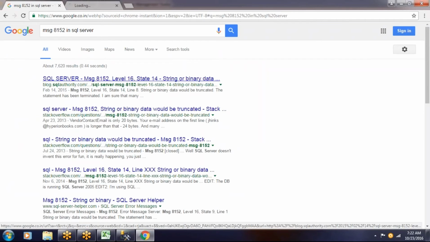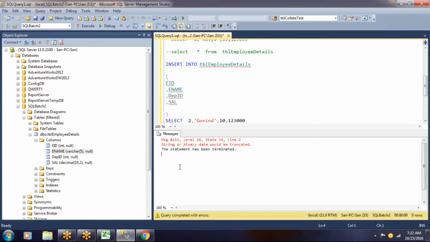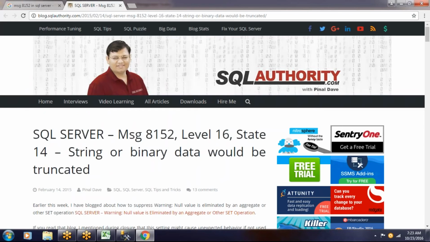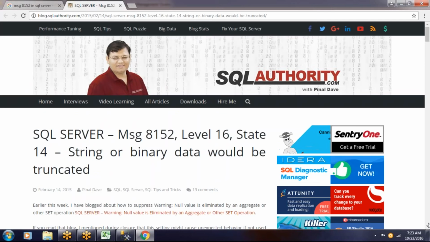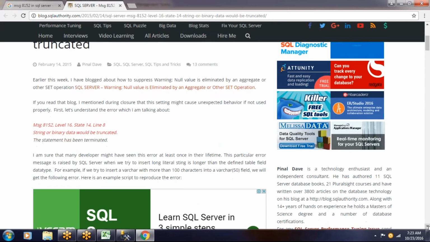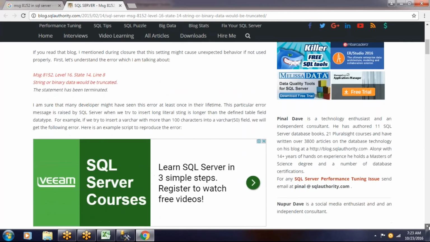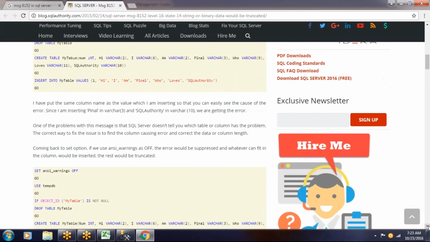Whenever you get an error, that error will have some message, a level, a state, and which line it has occurred on, and all those things it will tell us. If you see any blog, or go directly to MSDN, they will be explaining. Okay.